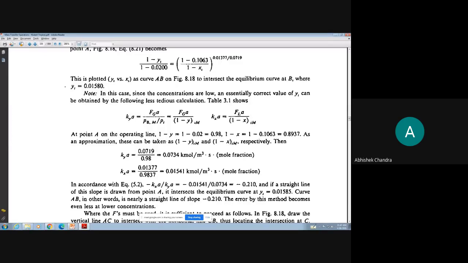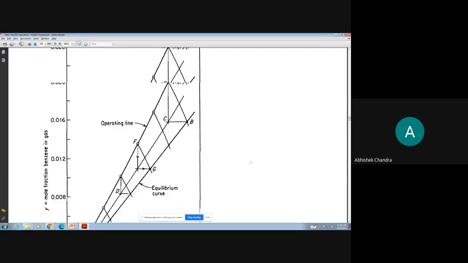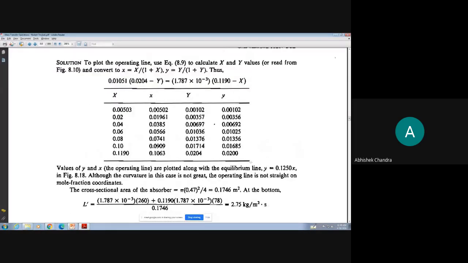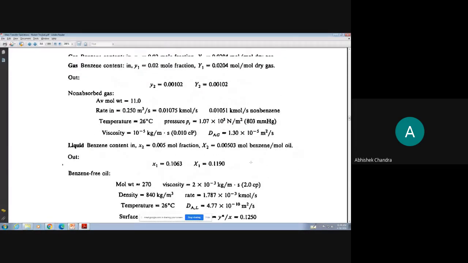Now the y value, you can take the inlet and exit composition, whichever it is. For example, in this case y is given as 0.02 and x is 0.1063. This is given in this problem. Look, y1 is given as 0.02, this mole fraction is coming at the outlet, more solute concentration at the inlet in the gas phase is 0.02. So this is taken at the inlet, and corresponding to this you can take